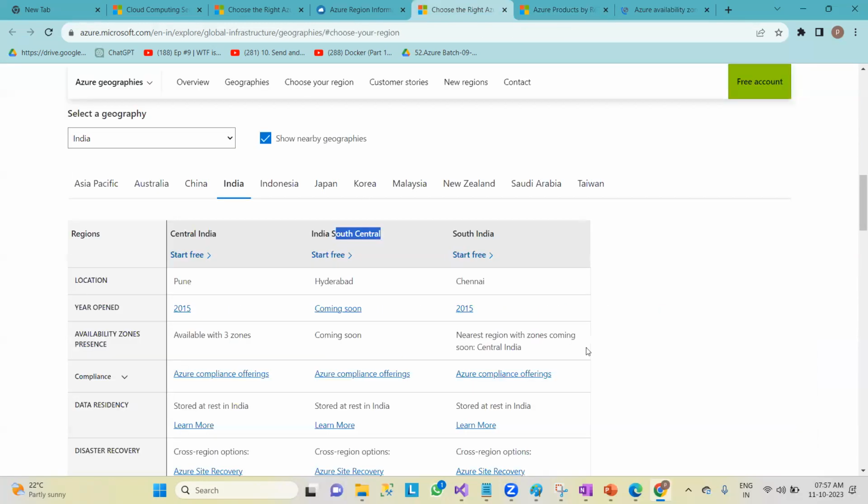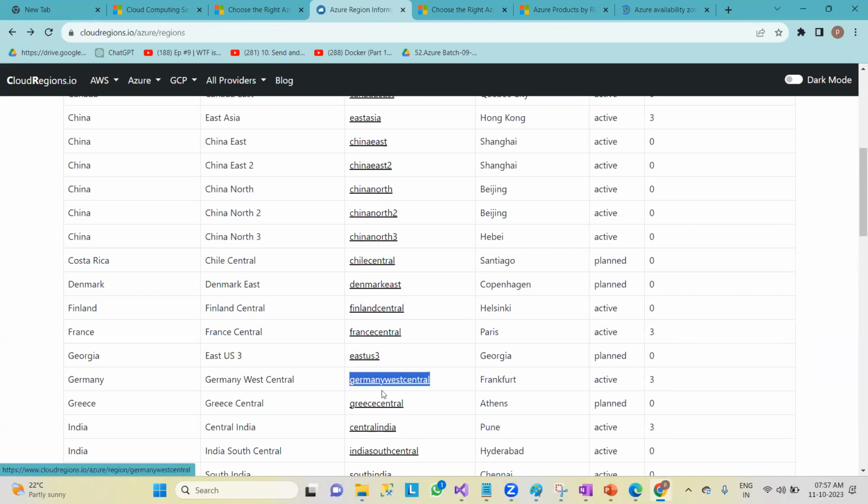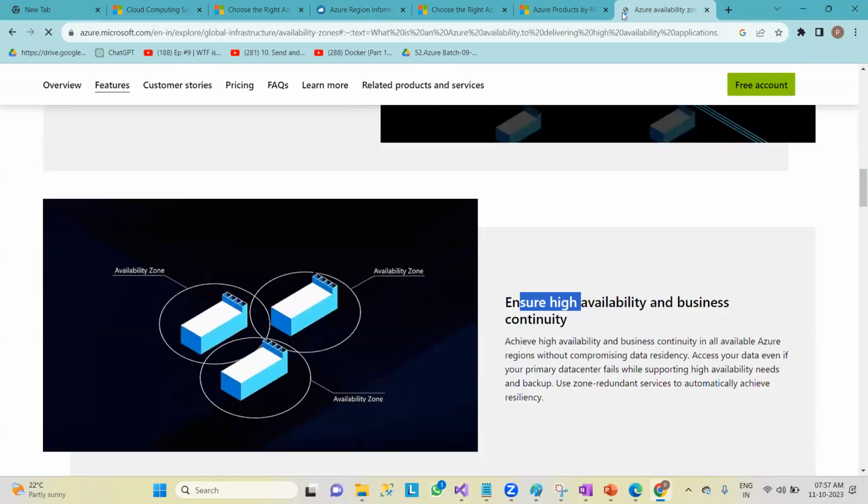Any one of you can take Canada Central or Germany West Central or anything. In this, what I am doing is segregating three data centers. This is one, this is two, and this is three. Okay, three data centers. I'll explain in detail when I am explaining data center architecture, what is a rack and what is a server and all. Just think about this: availability zone means, in this Canada Central,